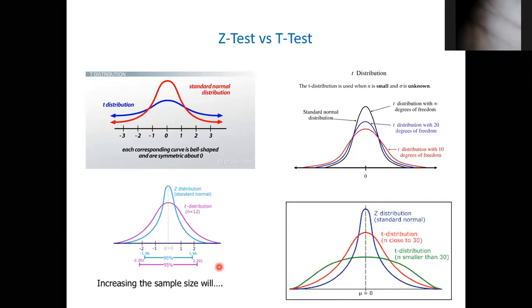We've already said it has a wider base. That's for the T that has degree of freedom 12. As the degree of freedom increases, what will happen? It will shrink back. That middle 95% will begin to approximate 1.96. So as the degree of freedom goes up, the base becomes narrow gradually, until it reaches that middle 95% area.